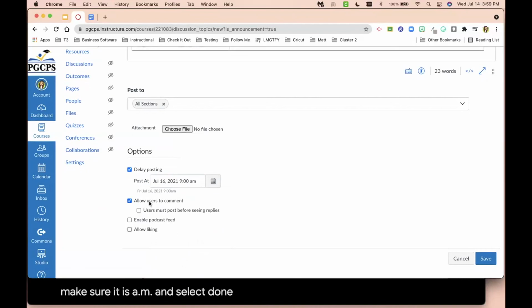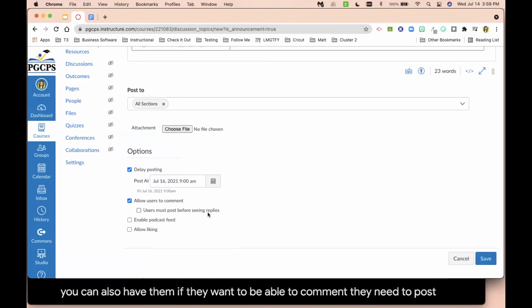You also have an option where you can allow users to comment. If you want your students and the teachers to comment to your announcement, you have the option to keep it on or off. And you can also have them, if they want to be able to comment, they need to post something before they could see other people's responses. This is an